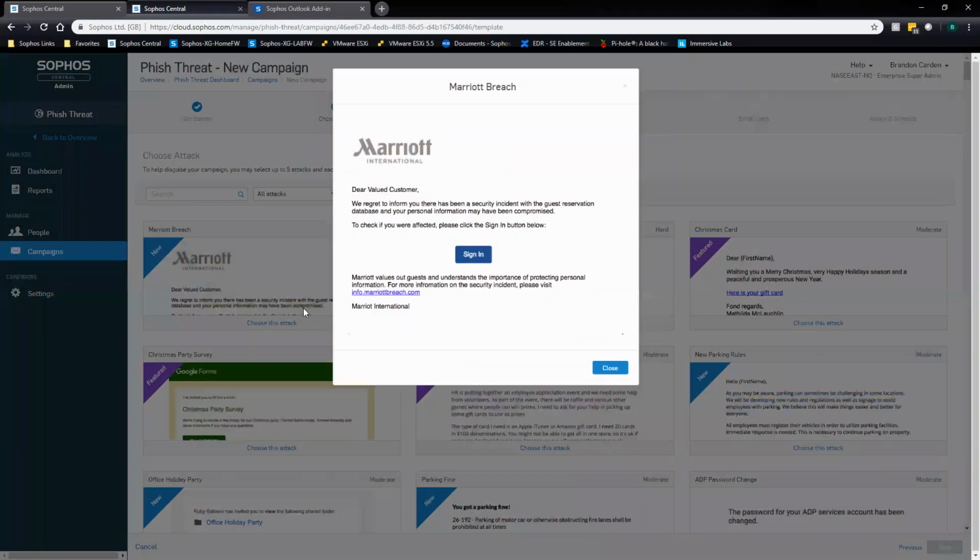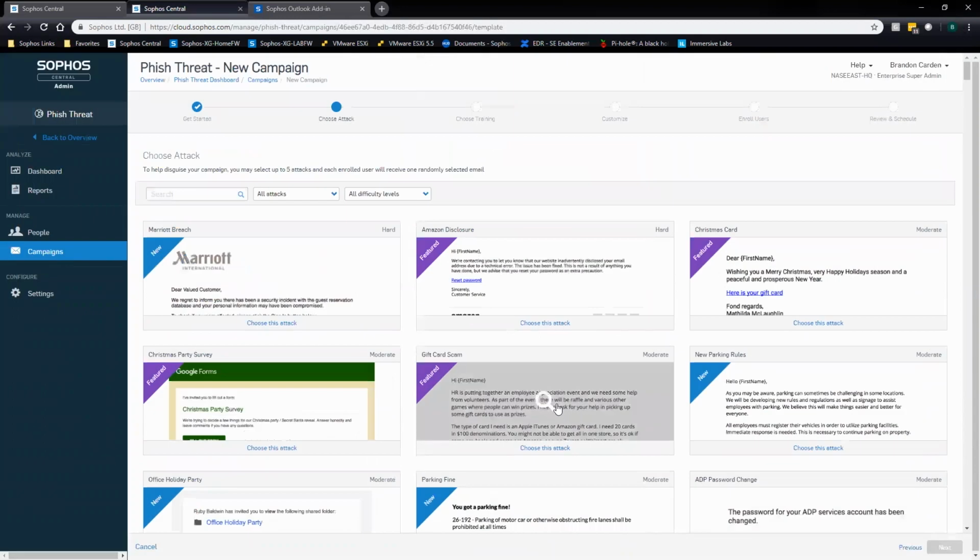Okay, now a couple of things with these attack emails. First, if I want to get a better look at them, I can just click on the center and take a closer look. Second, I can sort. So I can sort by all attacks, new attacks, featured attacks, or custom attacks, and then I have the ability to sort by difficulty level as well. You can see on the top right-hand corner, it does list the difficulty level of each one. I typically suggest with my clients to start as easy as possible, really start with training, start as easy as possible, go moderate, go hard, make it harder and harder on them. You start to increase that level of suspicion.